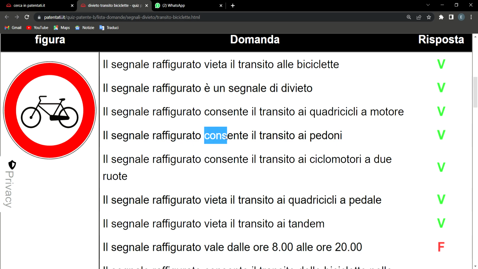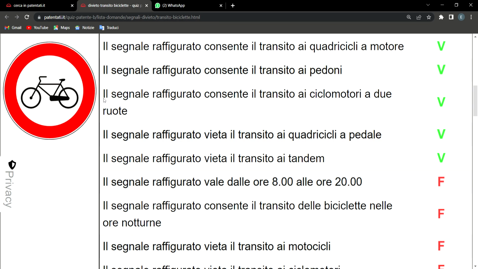Now, one thing I want you to take note of here is consente. It simply says that this very sign, consente, permits the transit of pedone. Pedone means legs or pedestrian. In English, it's known as pedestrian, pedone. Anyone that is trekking on a road that has this sign, you are free to trek on that road. You can run on this very road that has this sign. It permits the transit of pedestrians, pedone. Pedone simply means movement of legs. Consente simply means permit, allowed. So take note of that. That is the reason why this one is vero.